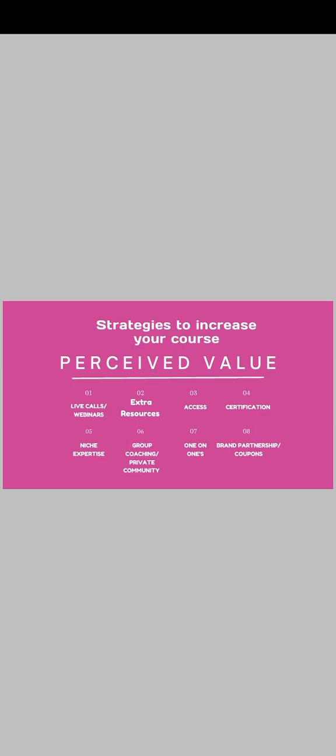Number seven is you are adding one-on-ones. So you're saying, guys, if you get my course, I'm going to give this offer for two people in this course. I'm going to walk you through launching your first master class or online school. Do you see? That is like an extra. People are like, really? I want to get in there. What if I'm the lucky person to get into a one-on-one with this person? They will literally walk me through writing my first book. They will walk me through producing my book, my music. Do you understand? Whatever it is.